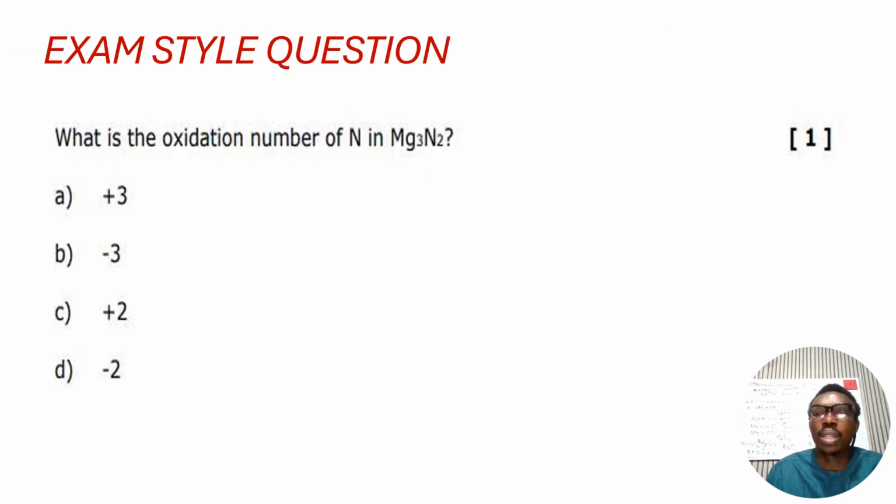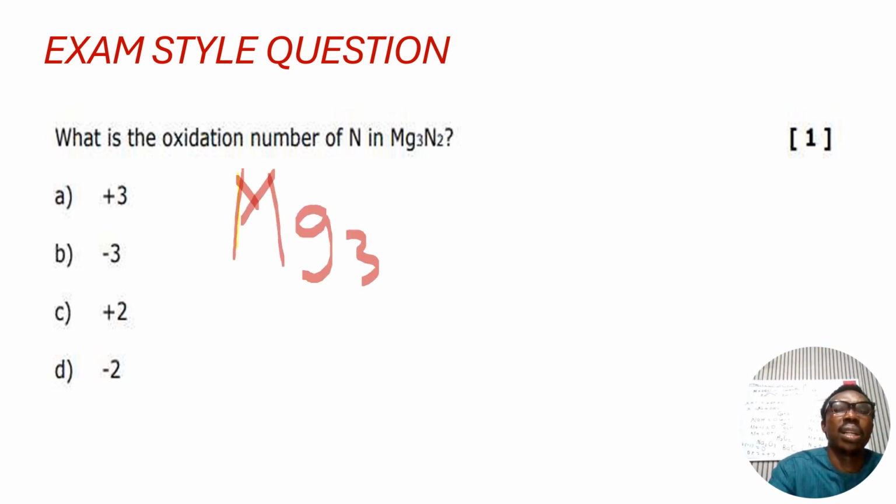Now, a quick examination question on calculation of oxidation number. What is the oxidation number of nitrogen in magnesium nitride? So you have to calculate the oxidation number of nitrogen, which is an element in the compound magnesium nitride. Now, all compounds without a net charge have an oxidation number of 0. So what happens is that magnesium nitride, which is